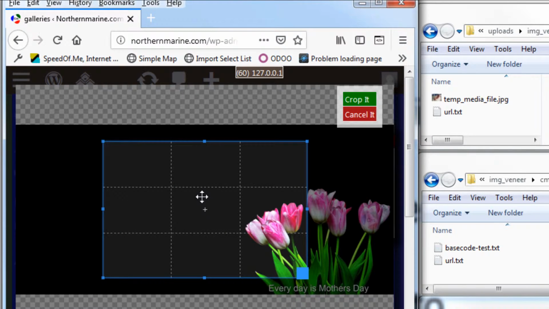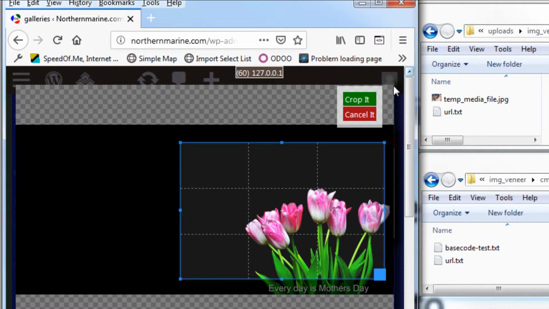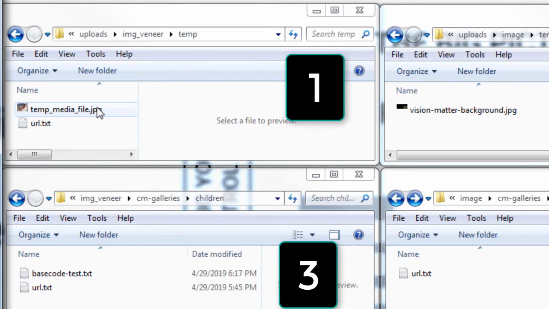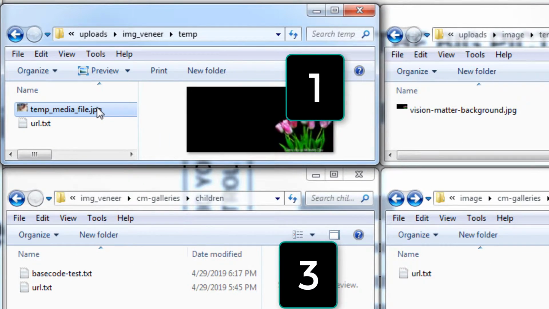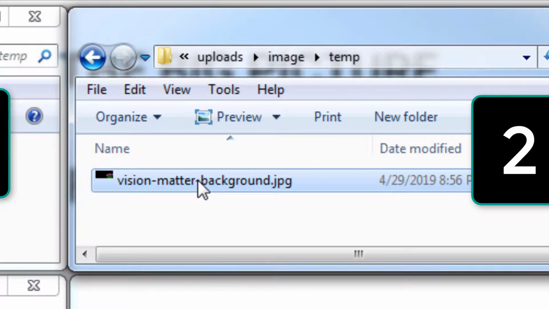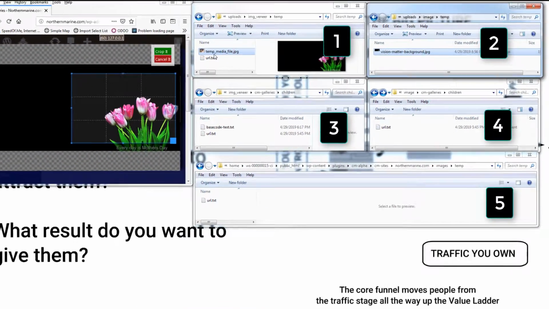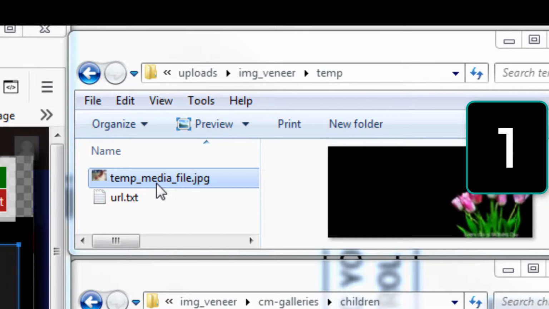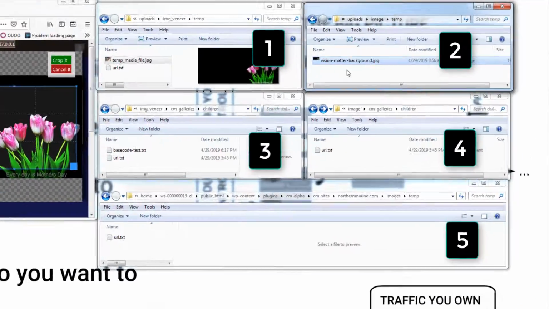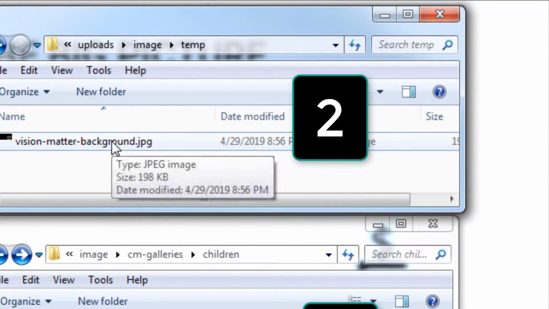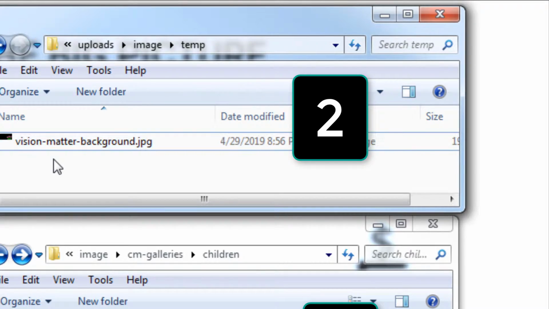All right. So we have these flowers. Now you'll notice as soon as I selected that image, we did in fact get a file called temp media JPEG. And we have the original file right here. Every new image that's uploaded will create this very same temp media file in their temp directory. It gets overwritten every time when they crop another image, so you can't expect to see multiple images. It will always be one. And over here, it will always be the original file, and the original file name will